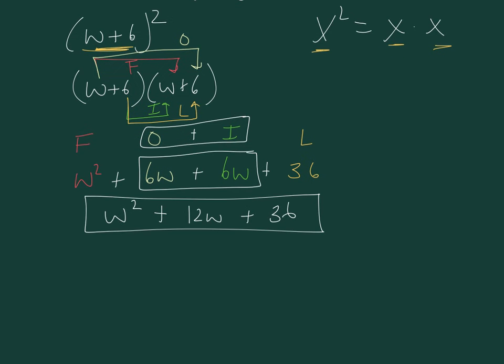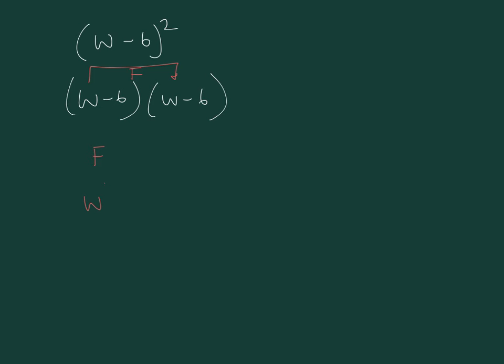Alright, I'm going to do another one, and this one's going to be with a negative, so let's call it w minus 6 quantity squared, which means we're going to have w minus 6 times w minus 6, and so we're going to go first term, w times w is w squared, plus the outer term, which is 6 times w, 6w, but it's not a positive 6w because that's a negative 6, so it's negative 6w, plus the inner term, 6w, but it's again not a positive 6w, it is a negative 6w,